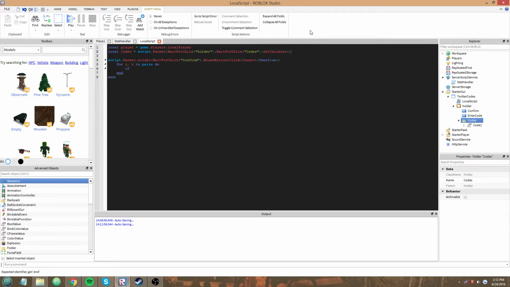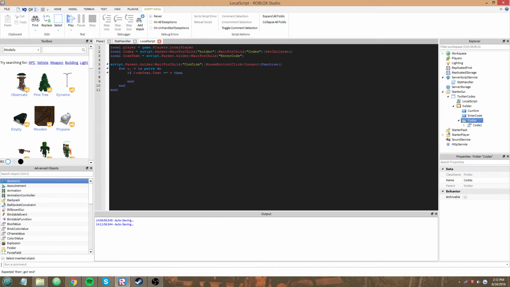Local code text equals script.Parent.Holder:WaitForChild("EnterCode"). I'm really picky about my variable names today. If code text.Text equals v.Name. I'm going to rename that to redeem just because. So, for i, v in pairs codes do, we've got to give it a table. We're looping through the table called codes, which is all the children in this folder. If code text.Text equals v.Name, which is the text entered, we're comparing it to the name of whatever child we're looping through, then